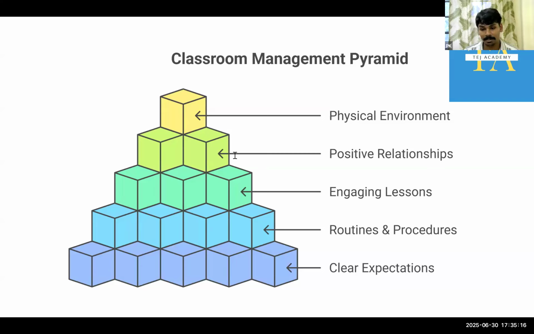The next one is positive relationships. So building rapport with students individually and also building rapport with groups. So as a teacher, you should develop positive relationships with learners. Please remember that it should not be with the group leader only. So when a group discussion is taking place where 3, 4 to 5 students are sitting together and discussing a topic, you should enter the group as one of the participants. Give your ideas, listen to their ideas, what they are discussing, what they're talking about, and be a part, share ideas, help them scaffold, and then leave. Okay, so this can only happen if you're able to develop positive relationships and build strong rapport with students